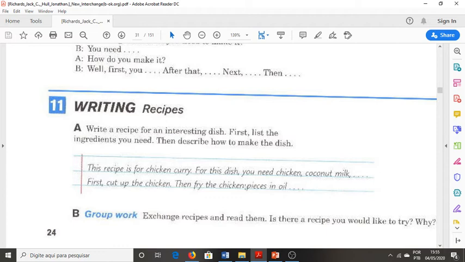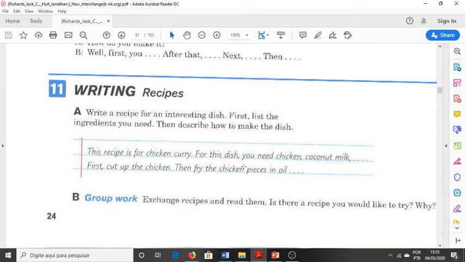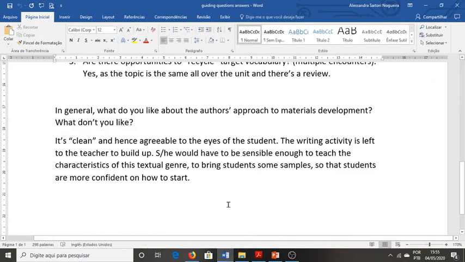Critical thinking is very important, and not only in my opinion, I'm saying this based on scientific papers and academic books. We should bring some social awareness to class, something related to the topic that is being discussed. Well, this is my analysis of Unit 4 from Interchange, and I already